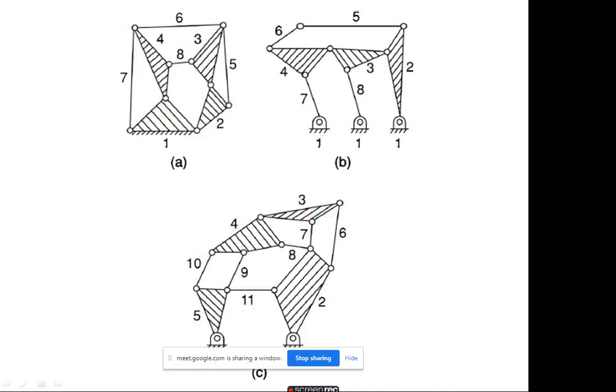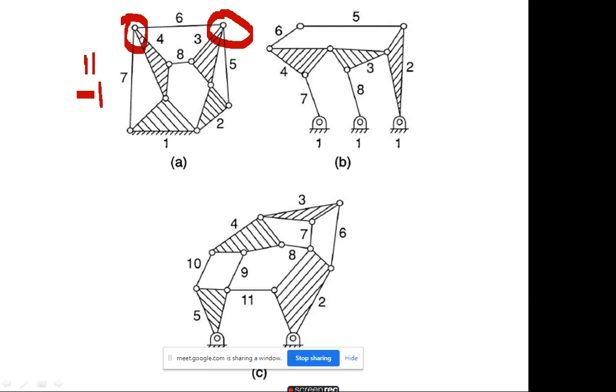Here at this point, and 3, 5 and 6, you are getting more than 2 links joined at a point, and in other places there are only 2 links joined. So this is 1, 7, then 1, 2, here 4, then 8, here also 8 to 3, and then 2 to 3, and all are having only 1. So total 11 lower pairs are there, and then the degree of freedom will be -1. Okay.